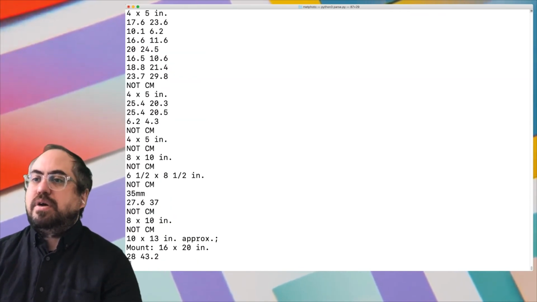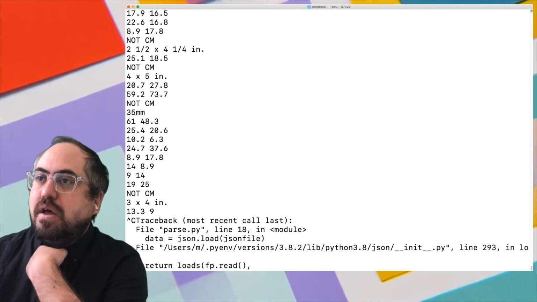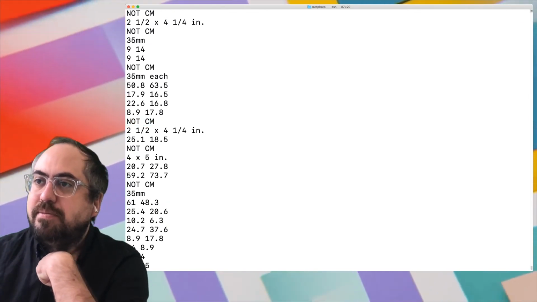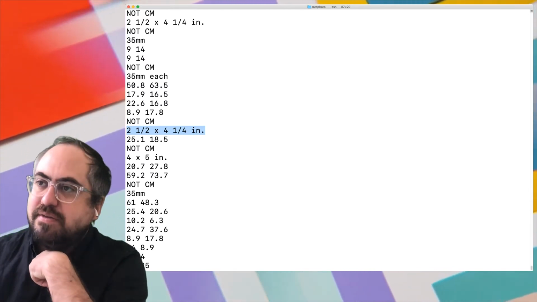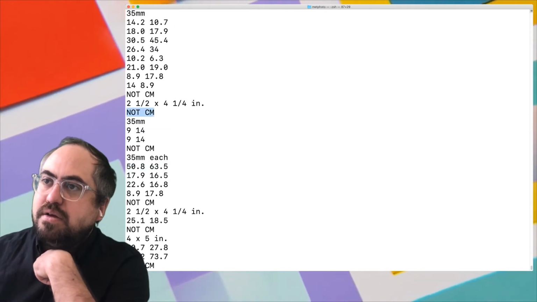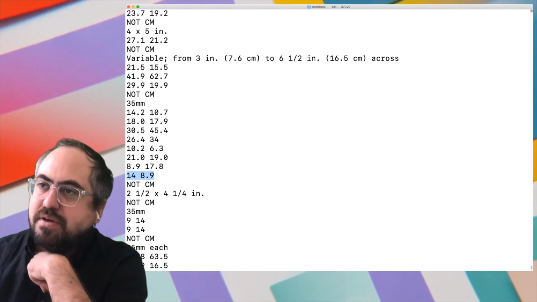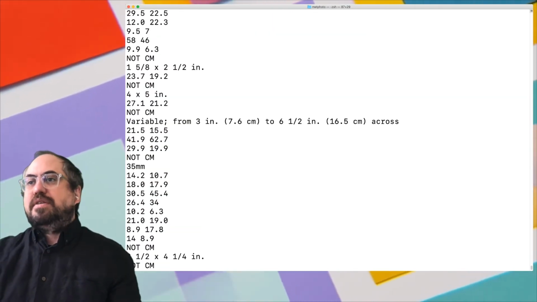All right, so it's going, so we'll just control break it at some point and take a look. And so we can see here saying not CM, and then it's giving our measurements and stuff like that. And then if it is CM, then it's just printing out the measurements, the whole number and the decimal point. All right, so now we know,